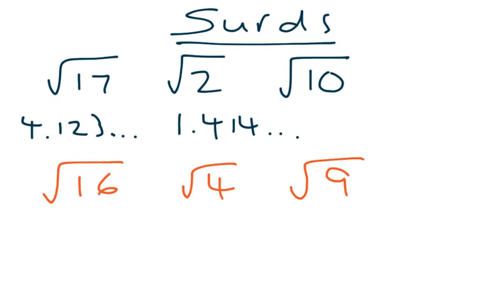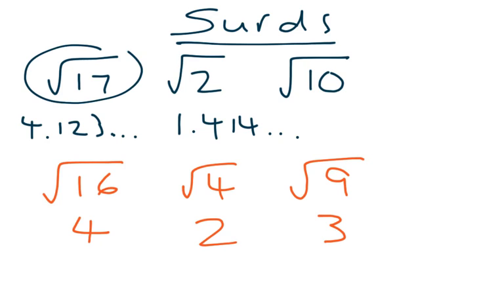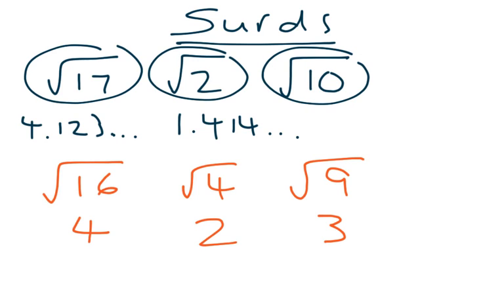So these red numbers down here are not surds, because we should all recognise that root 16 will give us 4, because 4 times 4 is 16, and root 4 should give us 2, and root 9 would give us 3. So it's these numbers up here that would be examples of surds,